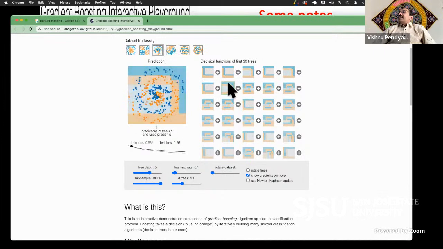If you want to look at the decision boundary for 1, 2, 3, 4 trees, this is the decision boundary for the first 4 trees. As you can see, a lot of data points are not even classified yet, but most of the data points classified so far are a good fit. It's doing pretty good. 5 trees, 6 trees, 7 trees. You can visualize all this stuff. That's how gradient boosting works.